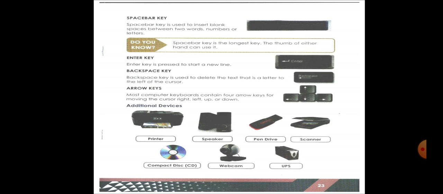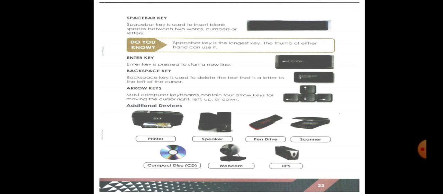Next is backspace key. Backspace key is used to delete the text, that is a letter to the left of the cursor. When we make some mistakes while typing, we press the backspace key to erase.